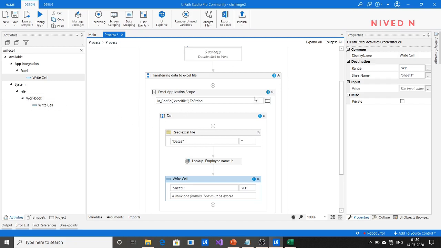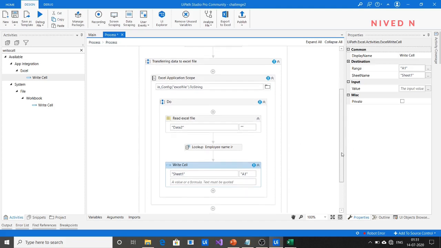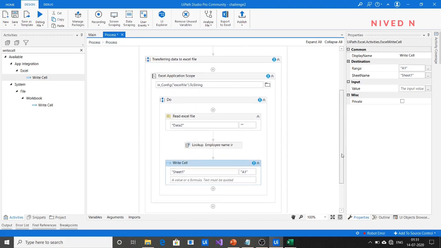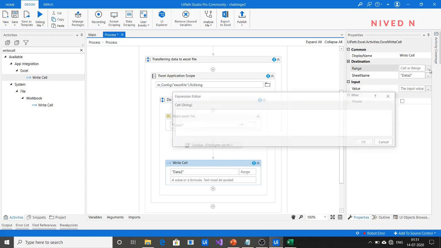That is why we are defining an Excel application scope, so that you can write all the Excel based activities in this single scope itself. So you can use the write cell activity and then specify the sheet name, which is data2, and the cell. You have to specify the cell value in a generalized way.